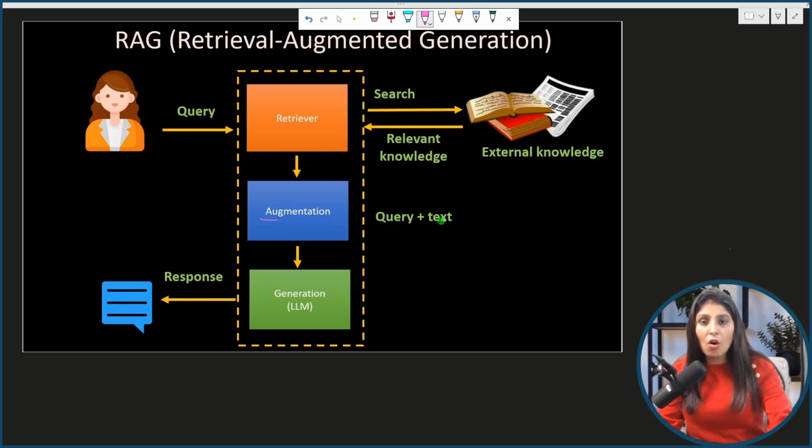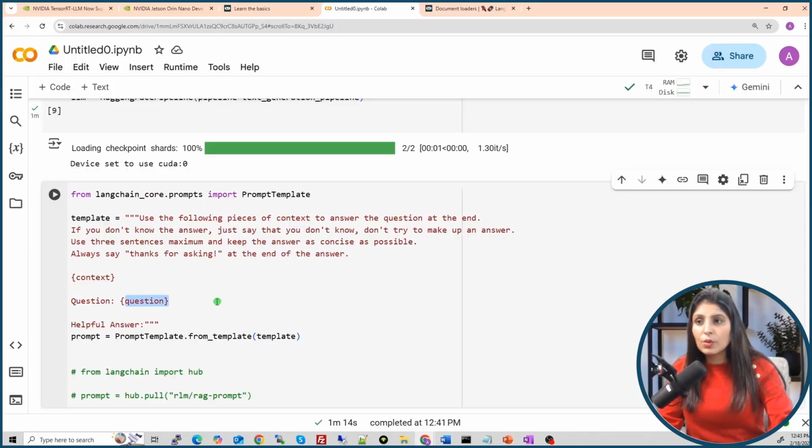So this text is the context, and from where are we getting this context? From the retriever. So that's what we are doing. The question over here is the user question, and the context over here is the retrieved document which matches the user query the most. So how are we going to get the matching document from the 98 documents which we have in our use case? Out of those 98 documents, the document which matches the user query the most will be the context over here. And how are we going to get that? With the help of the retriever.